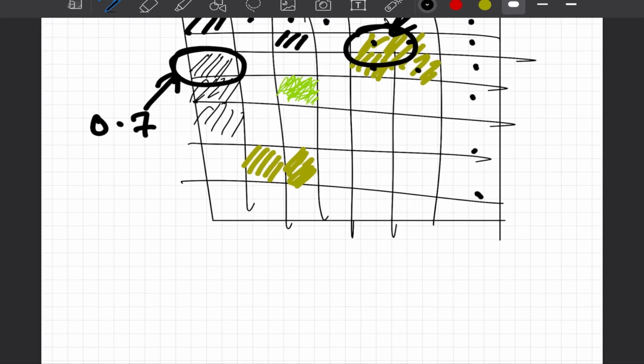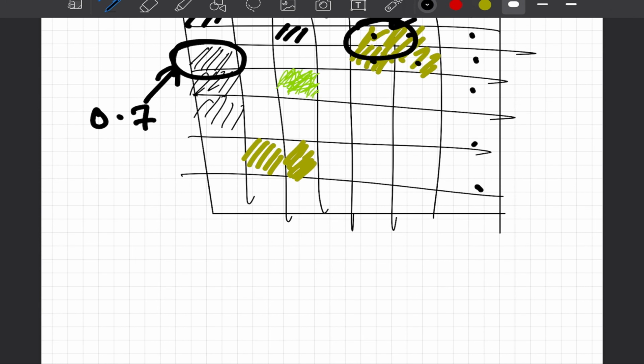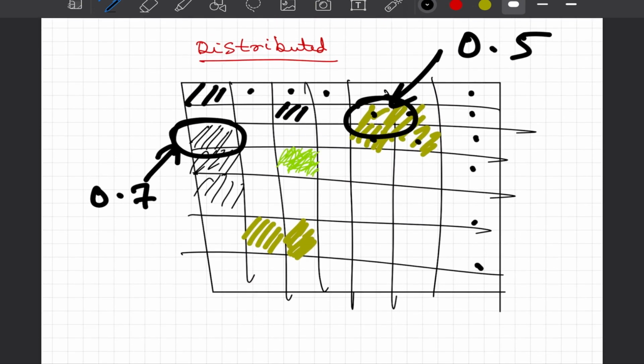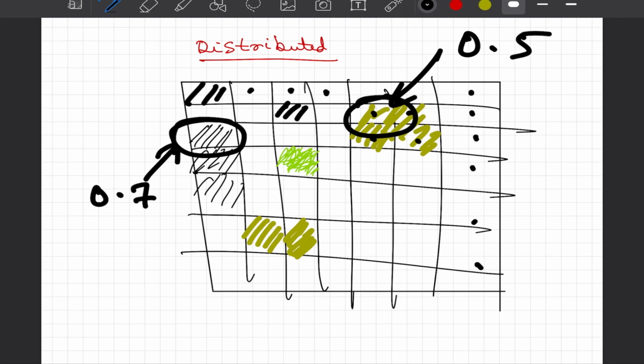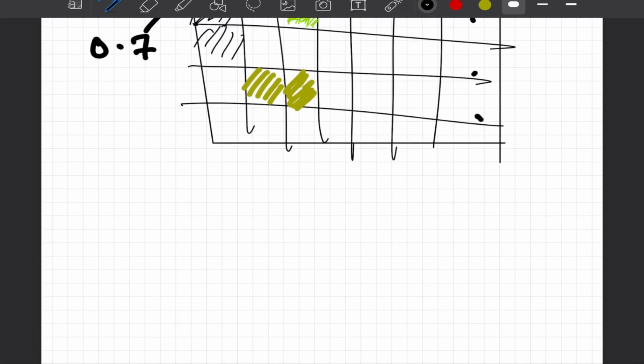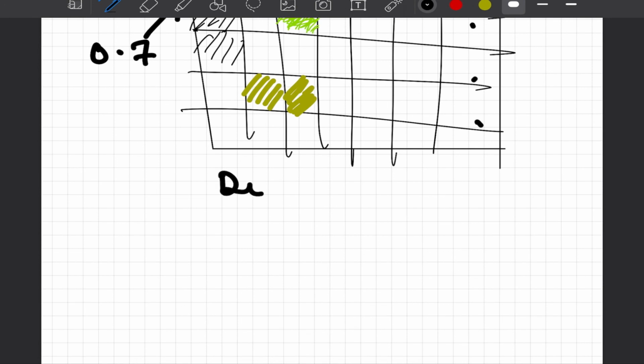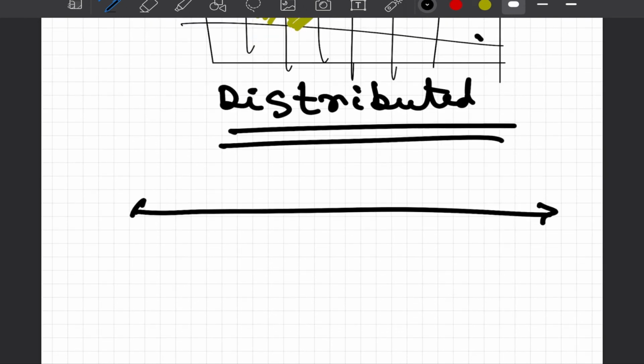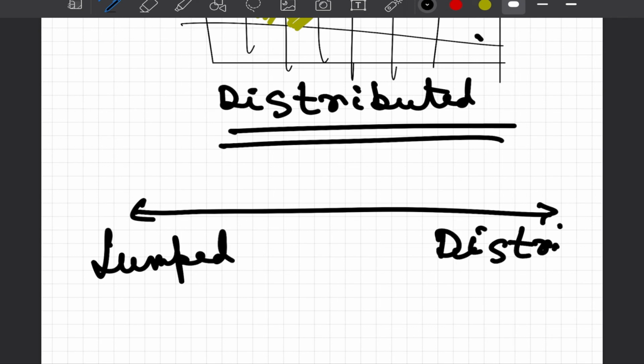Now you clearly see that this looks like a more realistic picture, because you are saying that yes, the hostel area is inherently different from our playgrounds, and hence the hydrological characteristics should be different. So you have distributed the properties or distributed the system all over the campus, and hence we call this particular setup the distributed hydrological model. So these are two extremes of complexity. On one end, we have the lumped system. On the other hand, we have the distributed system.